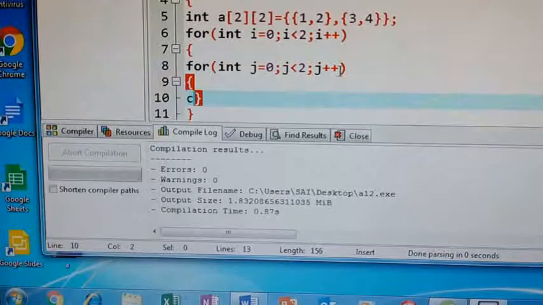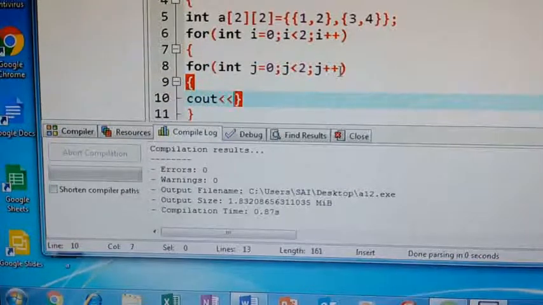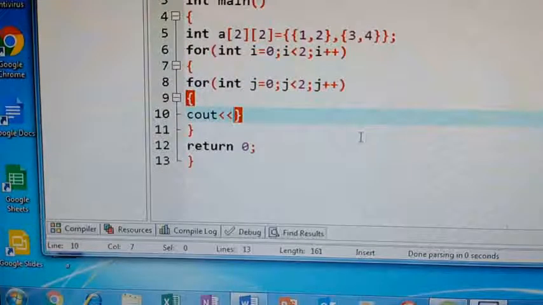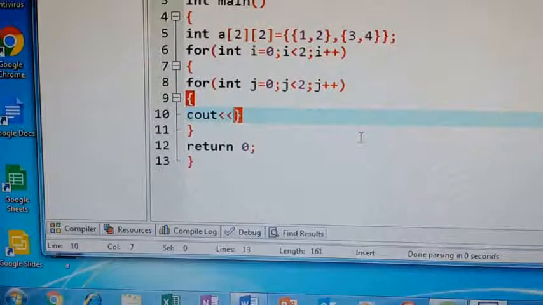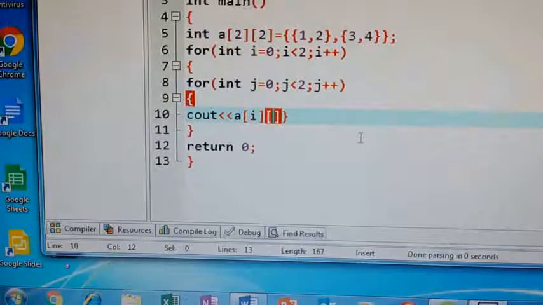Now here, cout. If it is a one-dimensional array, directly I give a of i. But if it is a two-dimensional array, you need to give the row number and the column number. Cout a of i, j. Here i is for the row and j is for the column.